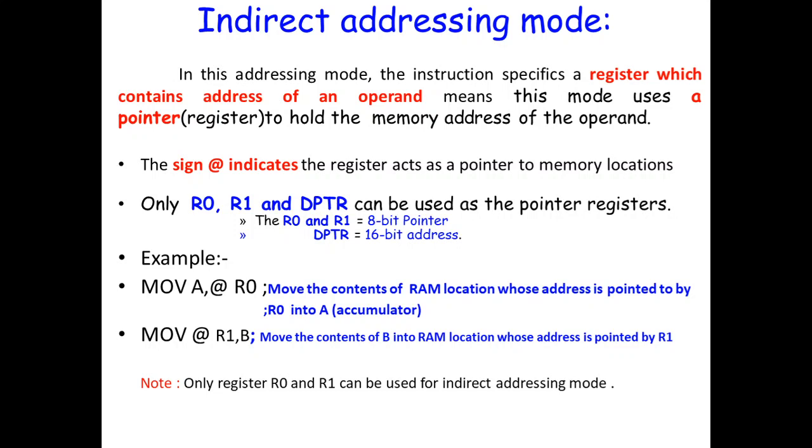Indirect addressing mode means the direct address is not given in the instruction itself. The address is put into one of the registers, and that register is working as a pointer, and it is pointing to one of the memory locations and just takes that data. Means now you are not giving the address directly, you are indirectly taking data from the memory whose address is pointed to by the pointer, and this pointer is nothing but your register.